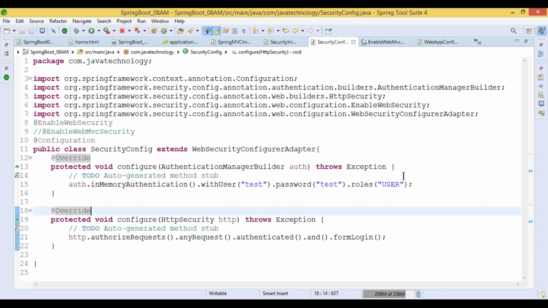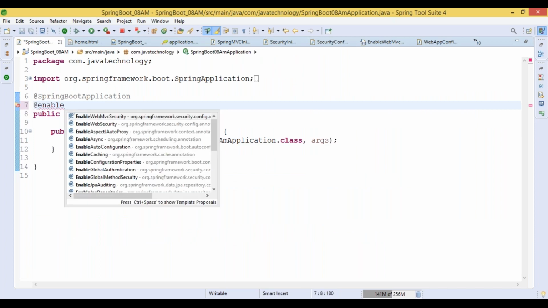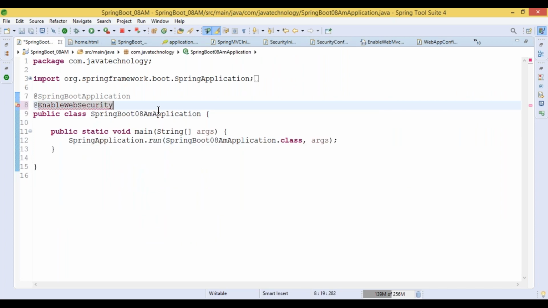We request authenticated and form login. Let me check. Enable then web security related field.